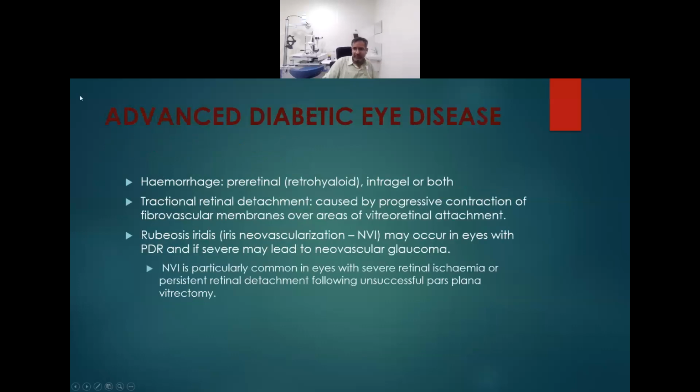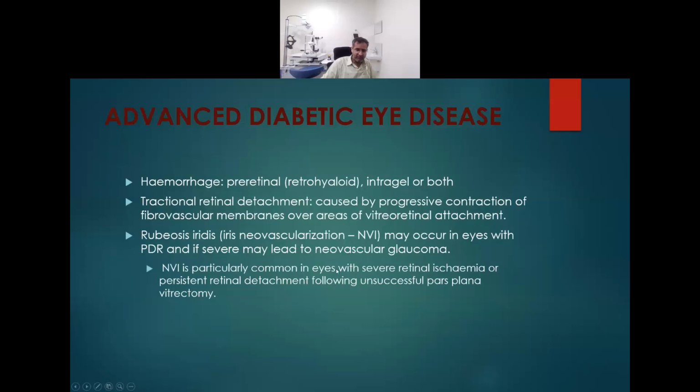What is advanced diabetic eye disease? In advanced diabetic eye disease, there will be hemorrhages, either preretinal or retrohyaloid, intragel, or both. There will be a tractional retinal detachment caused by the progressive contraction of the FVP over the areas of vitreoretinal attachment. There can be rubeosis iridis, that is the NVI, which might occur in the eyes with PDR,